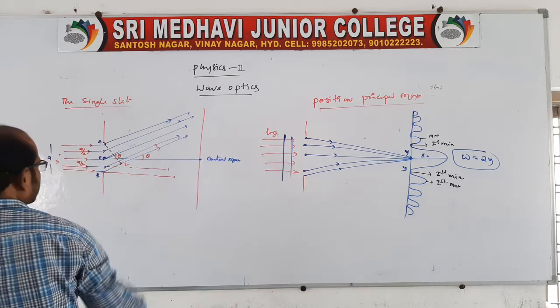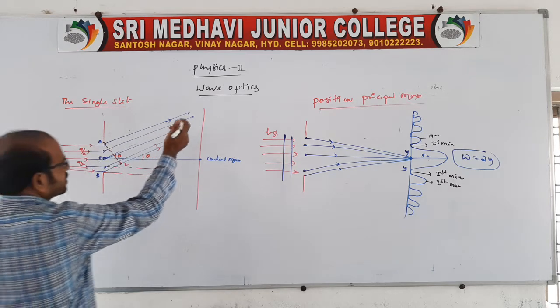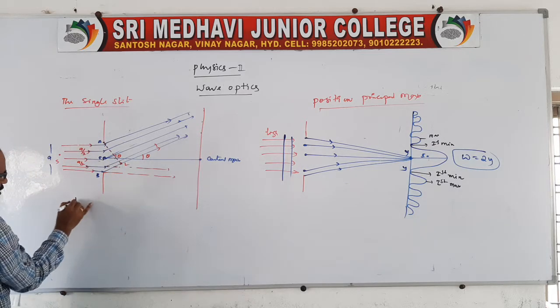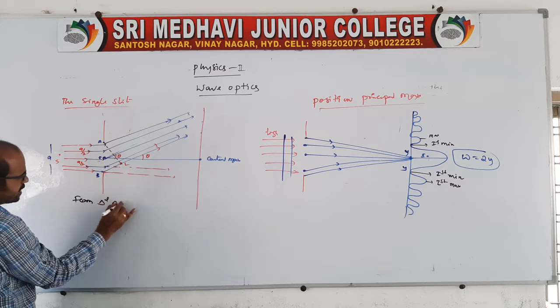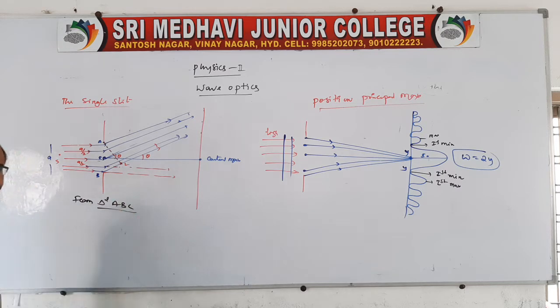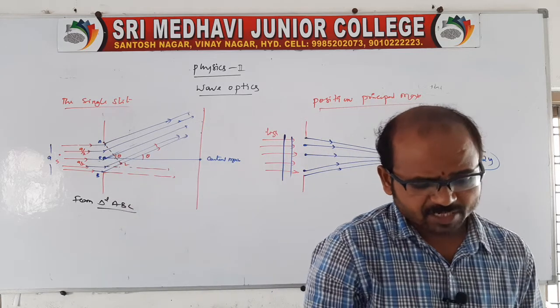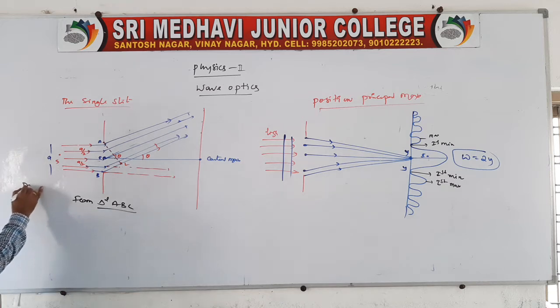Now I want to tell you the minima condition as well as the maxima condition, which are very important. Here, by using a single slit, the rays are diffracted and form maxima, minima, maxima, minima on the screen. Let us use this same diagram, triangle ABL. Take triangle ABL. Now we are deriving the diffraction minima. First I would like to tell you about minima, or dark.